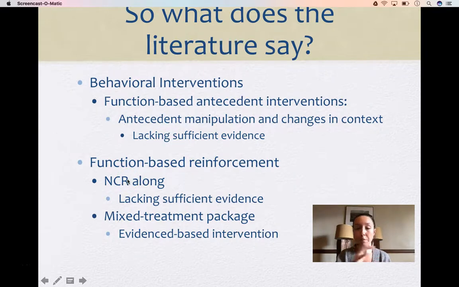Really, again, we're going to look at a mixed treatment package when we're looking at behavioral interventions. Function-based reinforcement, non-contingent reinforcement, which means just providing people reinforcement all the time, currently lacks sufficient evidence alone. But when we look at everything as a whole, as a mixed treatment, so looking at antecedents, looking at contingent and non-contingent reinforcement and various reinforcement schedules, when those things are taken as a whole, that is an evidence-based intervention